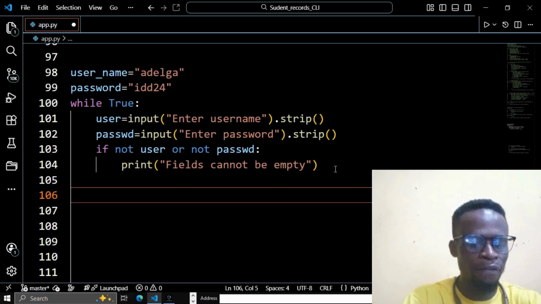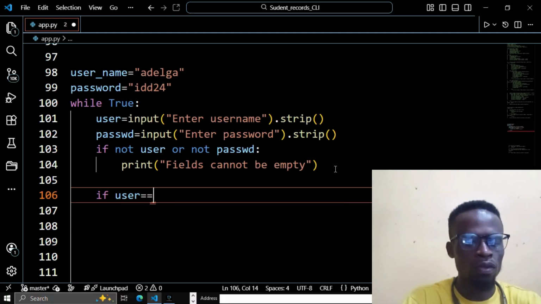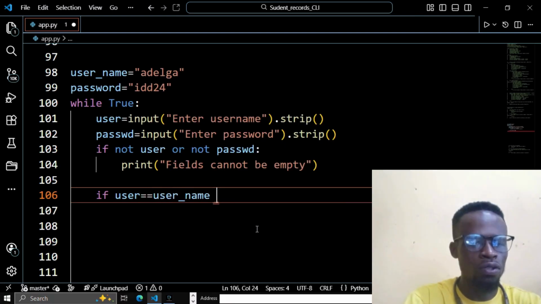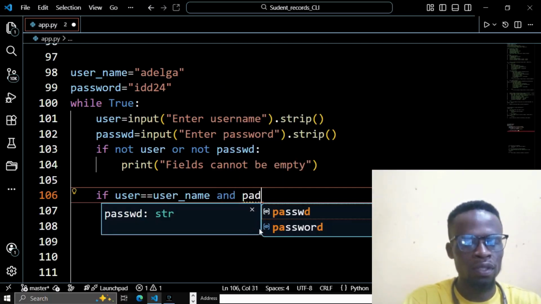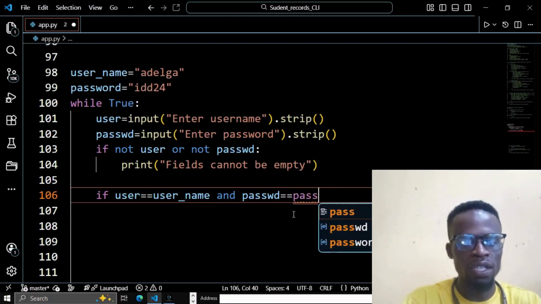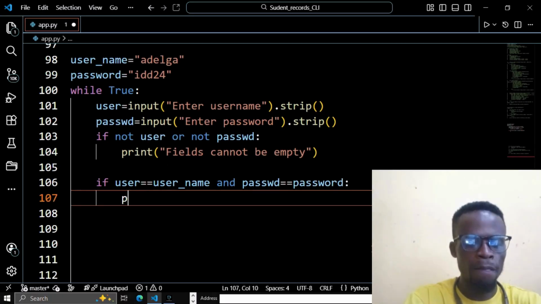So we're saying that if user is equal to username and also password, this one is also equal to the default one that we have. It's also equal to this one, the default one. Then we should print